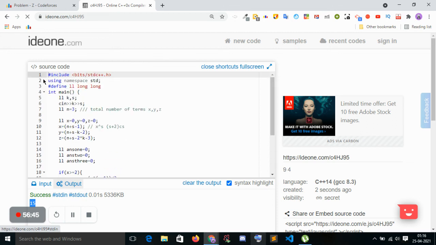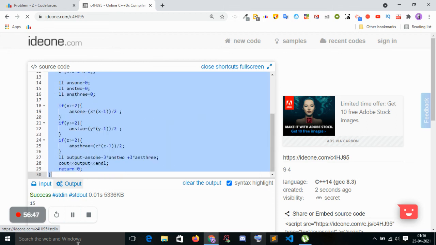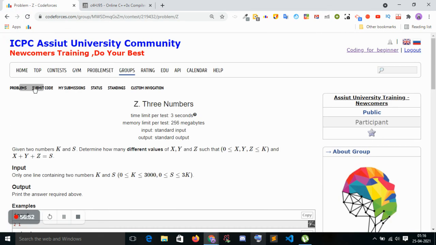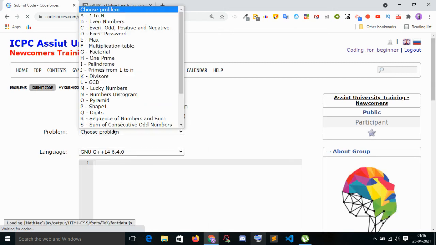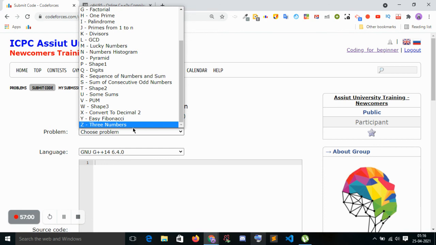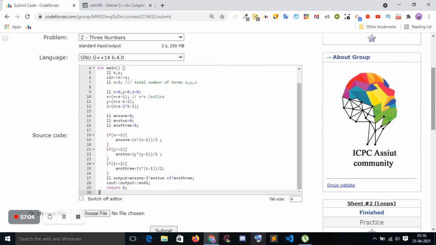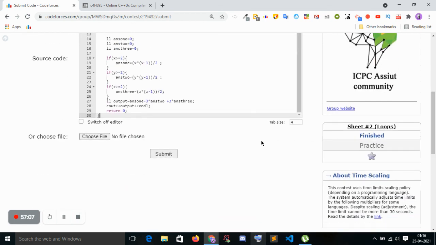Okay, let's try on your own, and if you have some problem while solving this one, ask me. Okay, so we have completed our sheet 2 today, and I will definitely put more videos for sheet 3, sheet 4. And one thing that I will mention today, I am a little bit busy this week, and after this week I will definitely put a video. Okay, let's try this one.